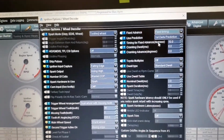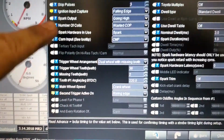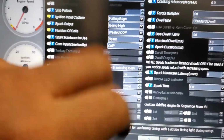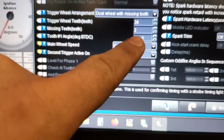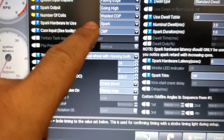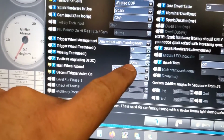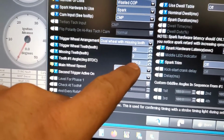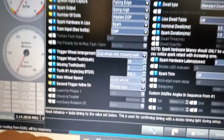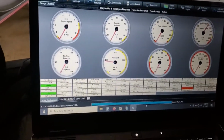And then if that works, I'm gonna switch it over from wasted coil on plug to coil on plug. And in theory, if this setting is working with this setting, if I add 360 degrees of timing to this offset angle for number 1, it should give me coil on plug functionality. Okay, so I've power cycled, and